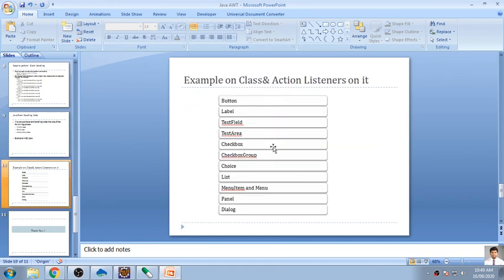In two or three days we'll be completing the AWT components, tomorrow and the day after tomorrow, and after that we'll be entering into Swing components. So parallelly we are doing two things. One is we are going into detail about different components of AWT, and apart from that we'll go into detail about the action listeners corresponding to those AWT components. In the same way, we'll be doing programs for your Swing components also, the names of the Swing components associated with the Swing package, and the different types of action listeners associated with specific Swing components. And then after that, we'll be stopping that chapter.